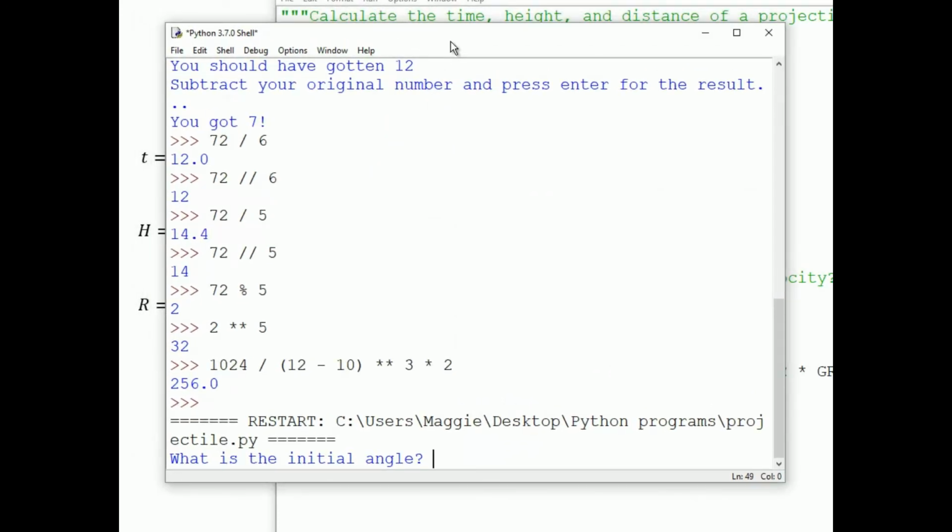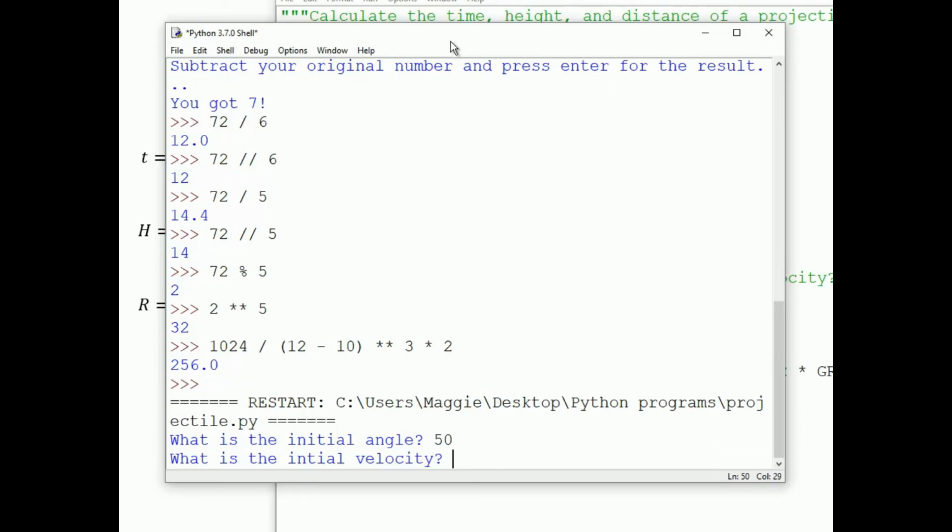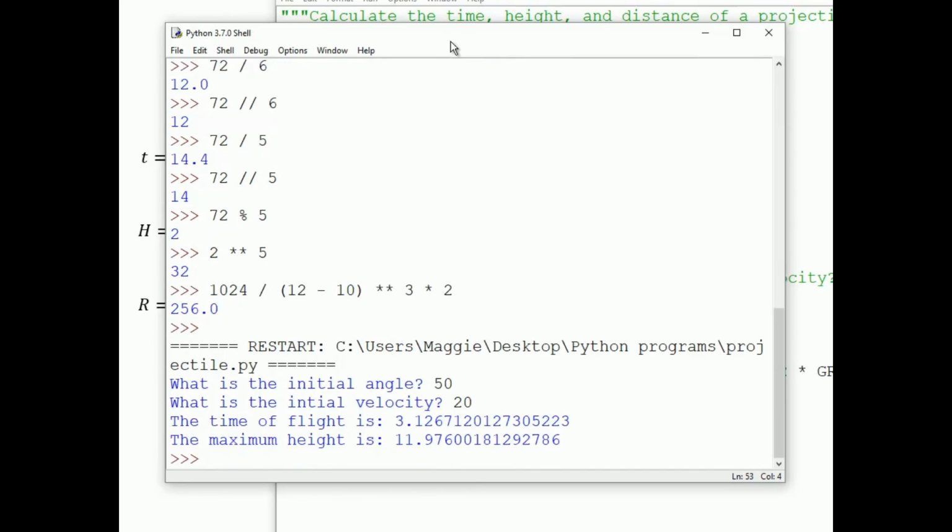I'll give an initial angle of 50 degrees and an initial velocity of 20 meters per second, and the program tells me that the time of flight, or time until it reaches the initial height, again, is 3.126 seconds. The program tells me that the maximum height is almost 12 meters,